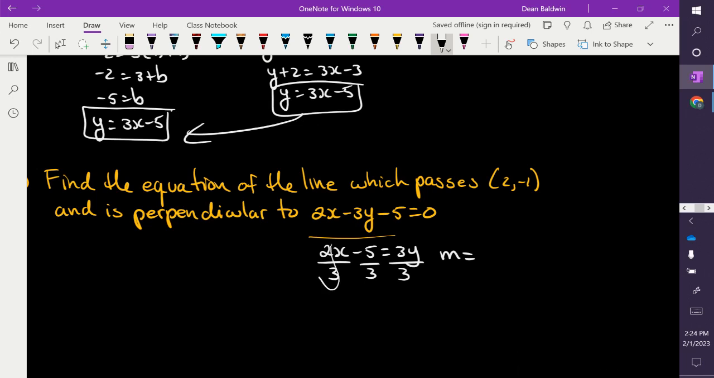2/3, right? The number in front of the x. So the slope of that line is 2/3. But I don't want the slope of that line. I want the slope of a line that is perpendicular. If you have perpendicular slopes, how do your slopes relate to each other? You flip it and throw a negative in front, because perpendicular lines